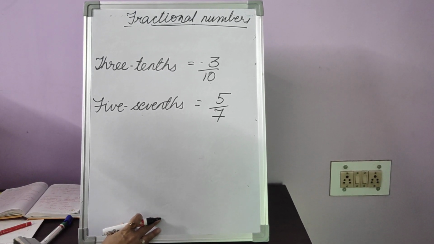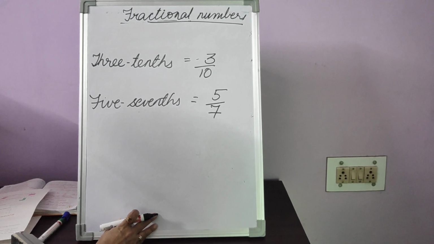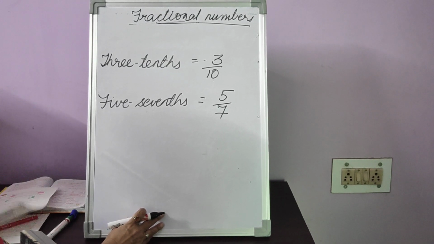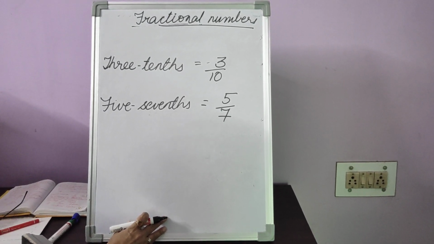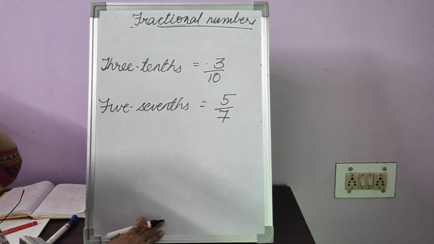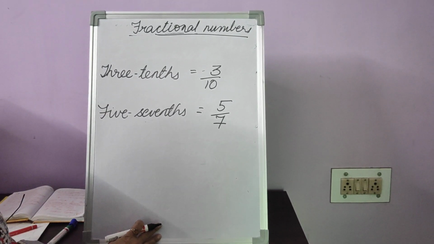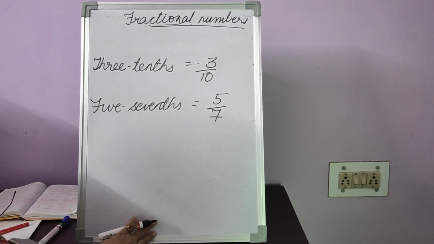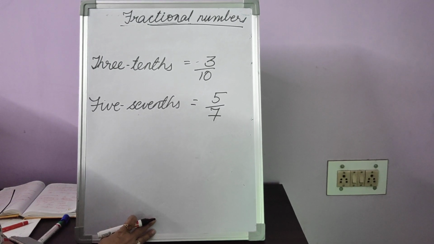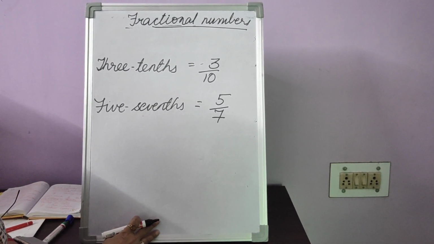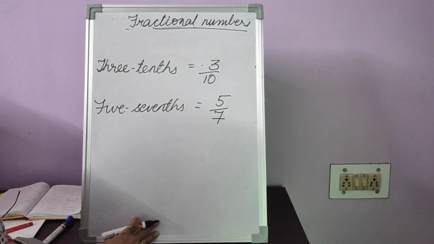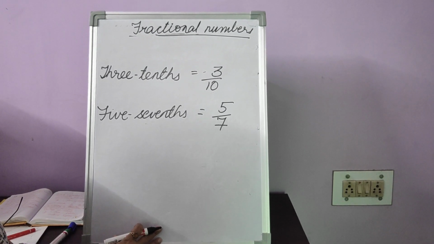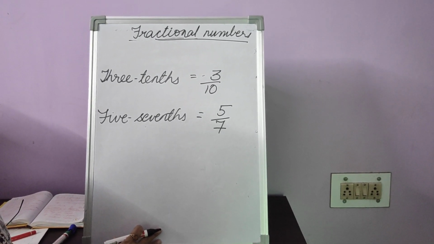So this is what, children, you are going to do today. Shading some parts, drawing some things in your notebook, and writing the fractional numbers, writing the fraction or whatever is given to you, finding out the shaded part, finding out the unshaded part. So this was just the introduction to your fractions today, children. So just go through it nicely. Try to understand. It's very easy. Pay special attention to the spelling of numerator, denominator, ninths, twelfths. And as we move ahead, we shall of course keep on revising all that we have done today also.